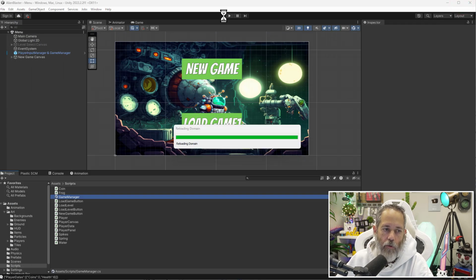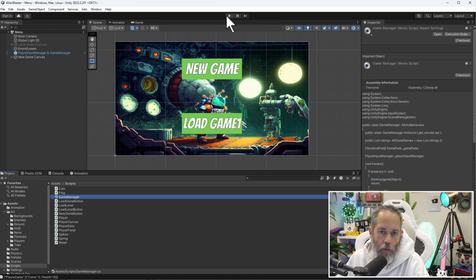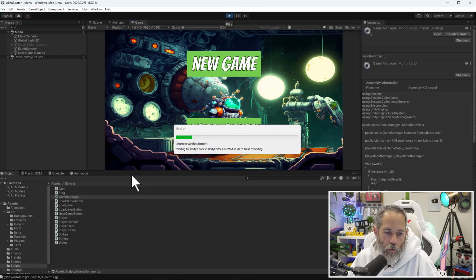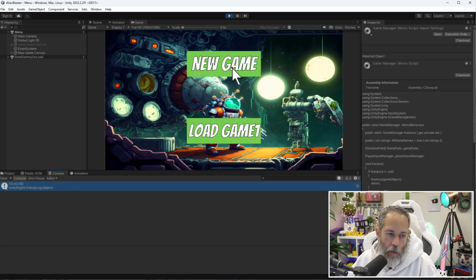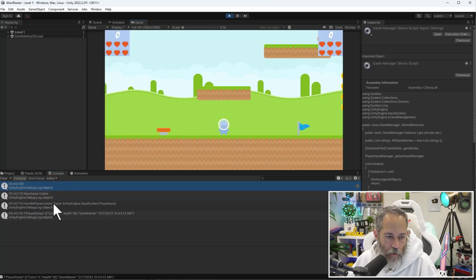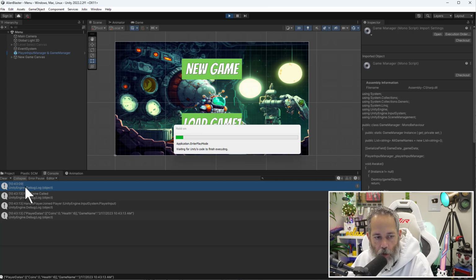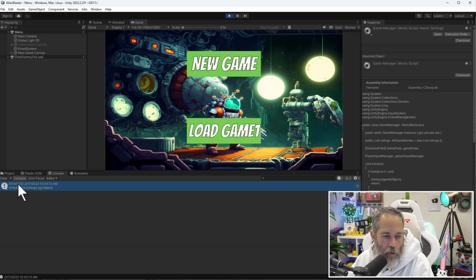So let's go back into Unity, press play, and I'm going to make a couple new games. I want to get a couple new games in there so I've got a little bit of data. And then we'll take a look at what that data looks like and then figure out how we can add our buttons to do the loading. So we've got our console here. I hit new game, and I've got a new game created. Let's stop playing and play again. And this log entry should no longer be blank. The first one right here was blank because I had no game saved. So there's my first game,